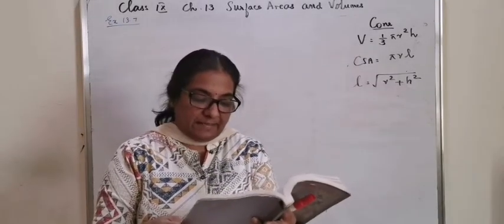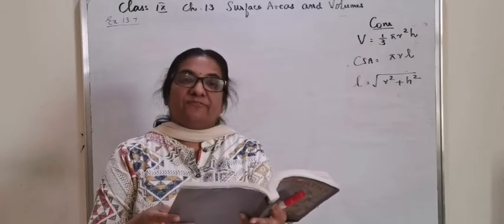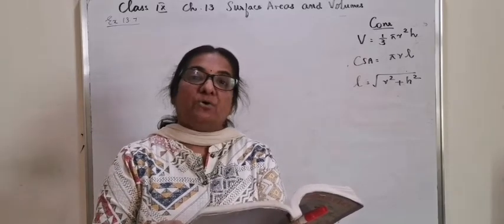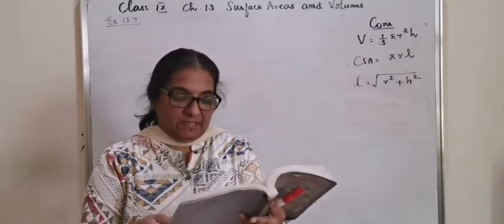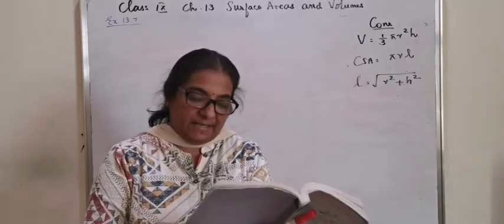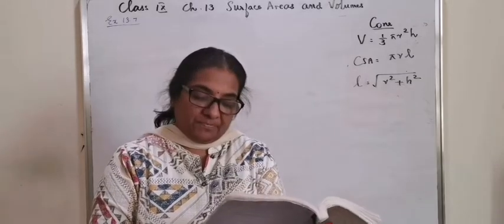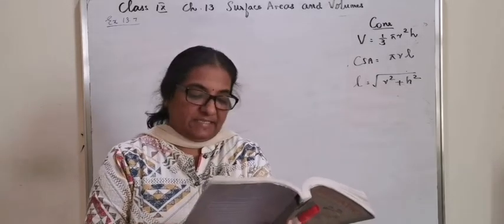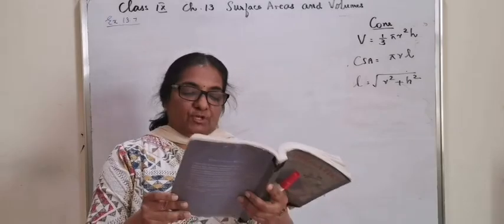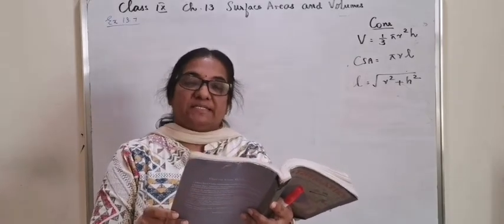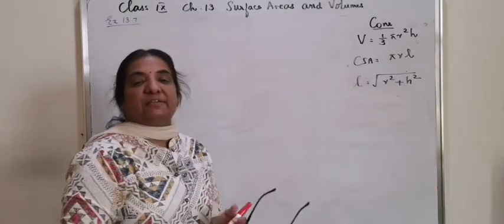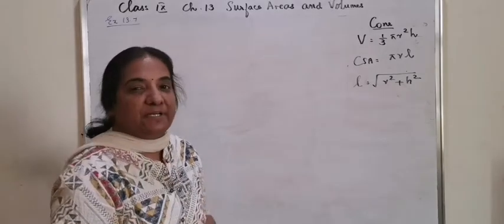Question 7. A right triangle ABC with sides 5 centimeter, 12 centimeter and 13 centimeter is revolved about the side 12 centimeter. Find the volume of the solid so formed. Question number 8. In triangle ABC in question 7 above, if it's revolved about the side 5 centimeter, find the volume of the solid so obtained and find the ratio of the volumes of the two solids obtained in questions 7 and 8. So let's see how to draw the triangle with the sides 5, 12 and 13 in two different ways.